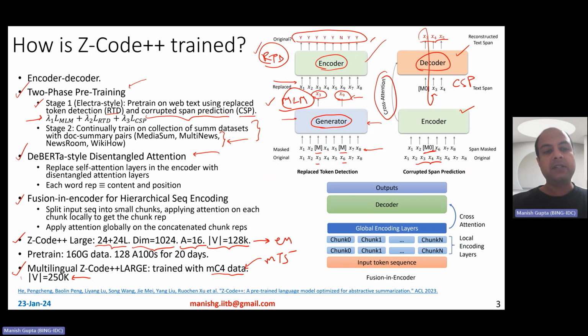But in DeBERTa, they propose this disentangled attention, where you replace your self-attention layers with disentangled attention layers. The idea is that for each token, you keep the content and the position encoding separately. Therefore, the attention is computed content versus content, content versus position, position versus content, and position versus position. So you keep all of those attentions separately